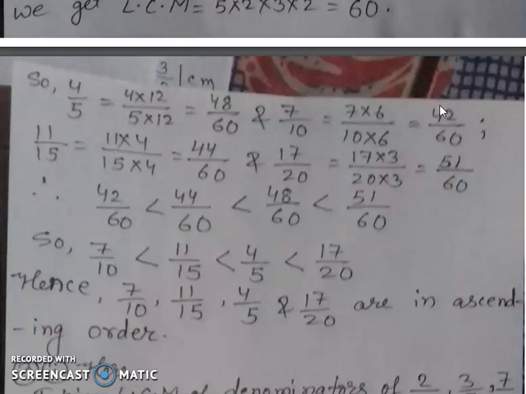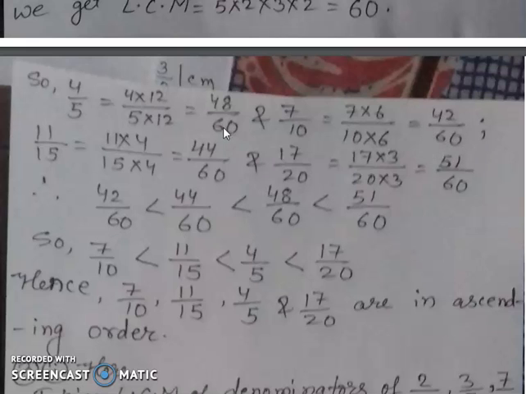Now you have to see, when you are done up to this, when all become like fractions, in that case you will see the numerator. Which one is the smallest? Because in ascending order you have to write smallest first, then bigger, and at last biggest. There are 4 terms, so smaller, bigger, then again bigger and biggest. If you see here, in the numerators, this is the smallest, so 42 by 60 becomes the smallest.